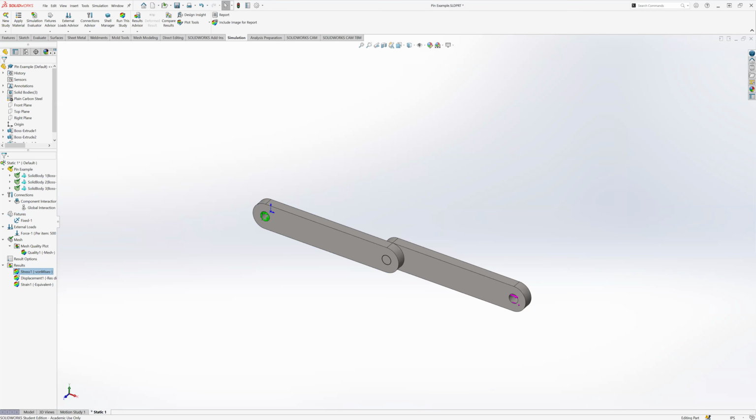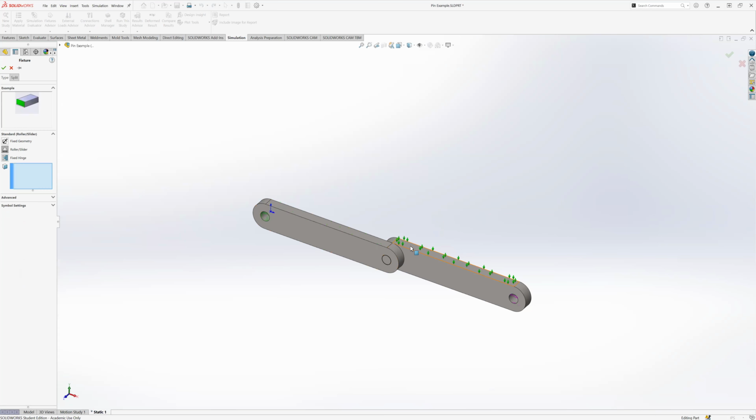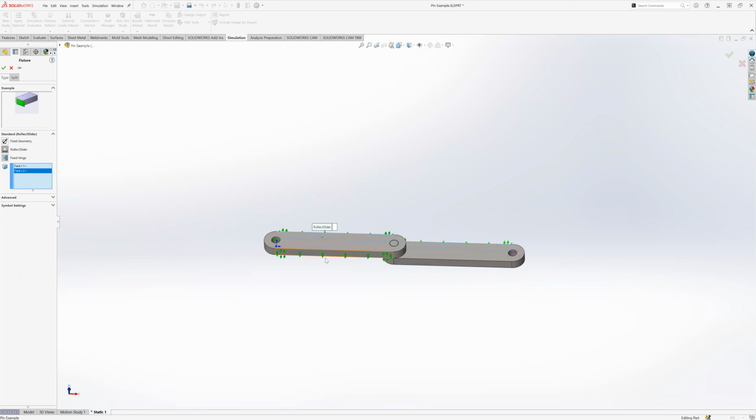And what I'll do here is, the first extra fixture, I'm going to put a roller slider on these top faces right here, on both of these. The reason for this is I just don't want these rotating around. I want this to be in perfect tension. I don't want them being able to roll around. Again, I could put these on both faces here. The thing though, I don't want to put them on both faces because I do actually want to see